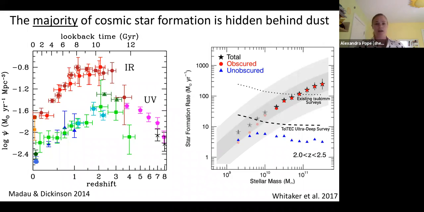And so when we make a measurement of the total star formation in the universe, so this is the classic Lilly-Madau-Dickinson plot that shows the total amount of star formation forming in a volume of the universe as a function of redshift or look back time. And we measure how much is coming out directly from the unobscured star formation in the ultraviolet, shown as these green and purple and cyan points, compared to what we trace in the infrared of the obscured star formation.